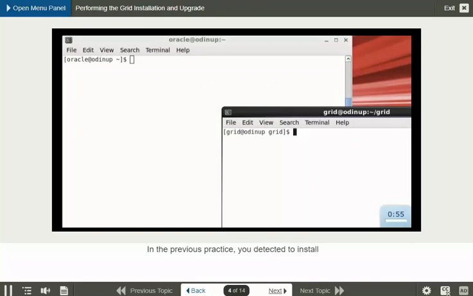In the previous practice, you detected two installed products. That is the 11G Oracle Grid infrastructure with a running ASM instance plus ASM and Oracle Restart started. We also had looked at the installed product of 11G Oracle Database Server with a running Oracle RDBMS instance of